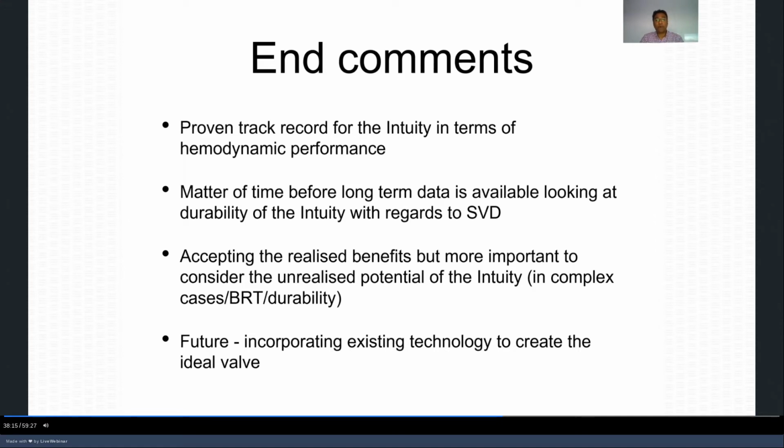It's important to accept the realized benefits, but more importantly, to appreciate the unrealized potentials of the Intuity valve, especially in complex cases, and also with regards to the benefits in preservation of the sinus of Valsalva in terms of durability. And finally, I'd like to end by saying that, given the armamentarium of devices that are out there, I think it's really important to incorporate existing technology to create an ideal valve, especially the fact that our patients are living